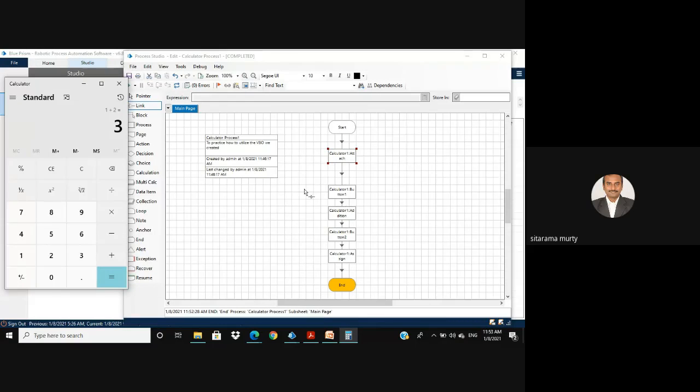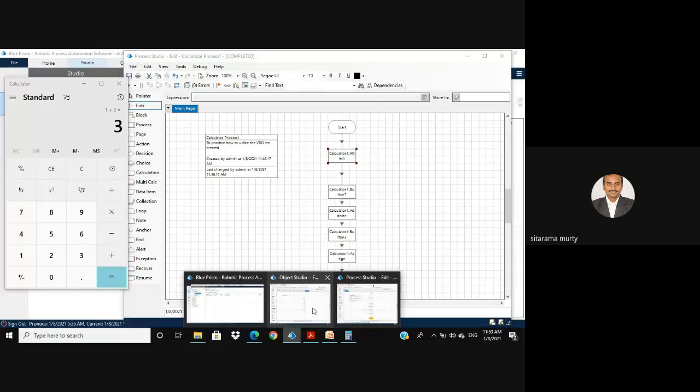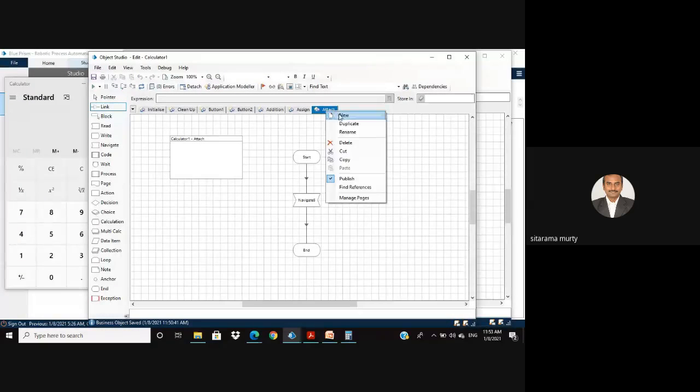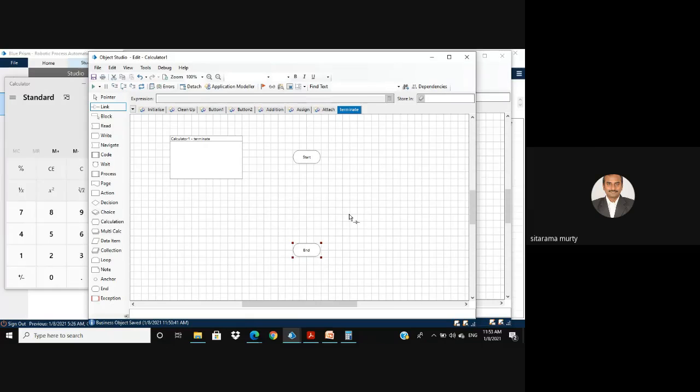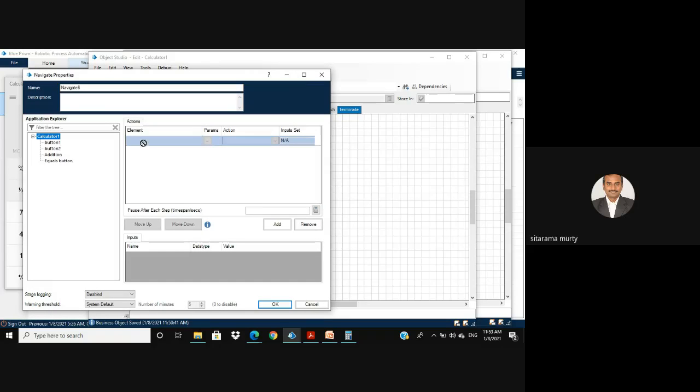Let us try to use another or create another action in the Object Studio. I'm going to the Object Studio. Let us create a new action, I'm calling it as terminate. It will terminate the connection between the application and the Blue Prism. I'm just calling navigate, and in the navigate I'm taking the element, that is whole calculator as the element, and in the action say terminate. Okay,